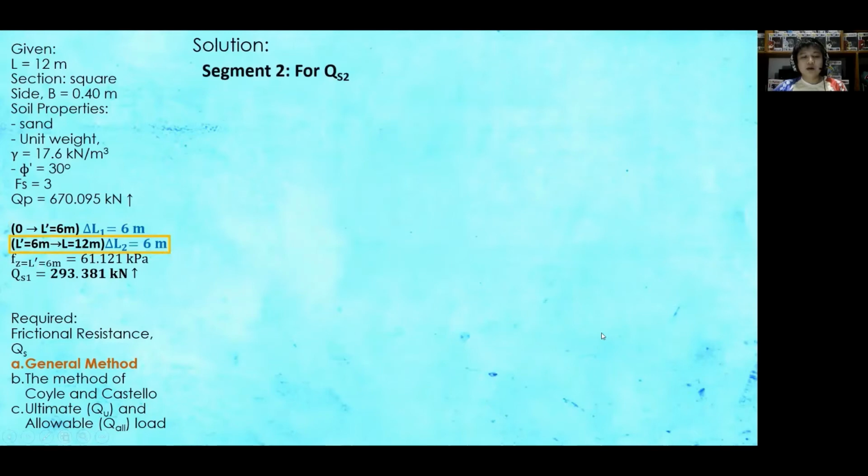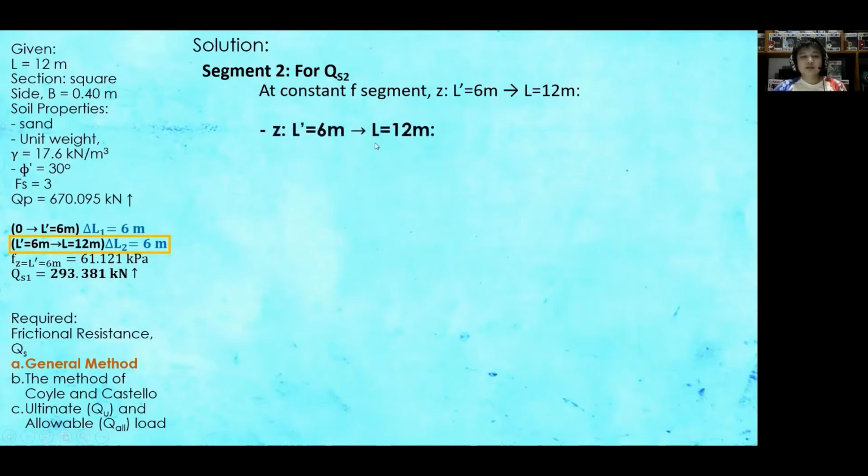Thus, for segment number 2, at constant F segment, that is Z of about L prime, 6 meters, up to our L, 12 meters. Thus, our delta L sub 2 is 6 meters. So for this segment, again F is constant,